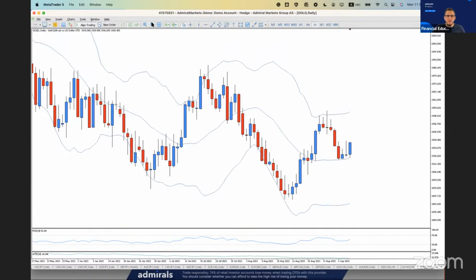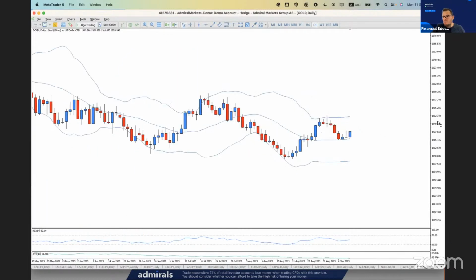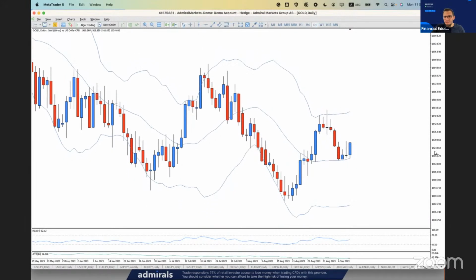On the daily chart, though, let's try to zoom out. I don't understand anything here. Simple as that. Because the market, yes, we can create some structure, but is it a structure that gives high probability setups? If the answer is I don't know or no, then we just go to another